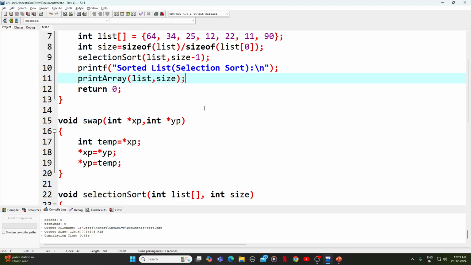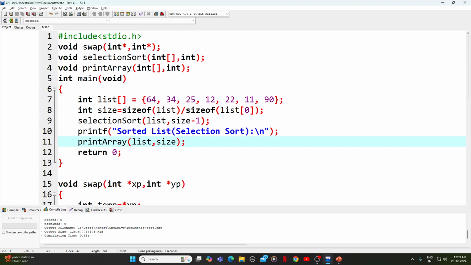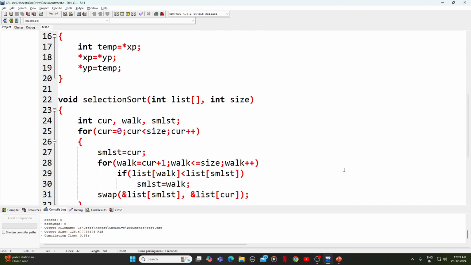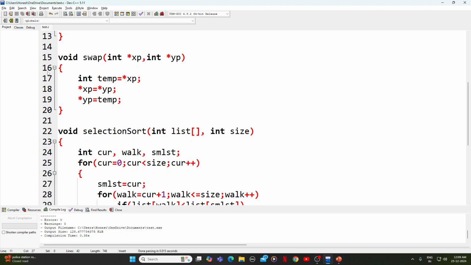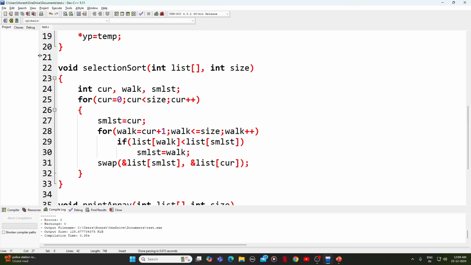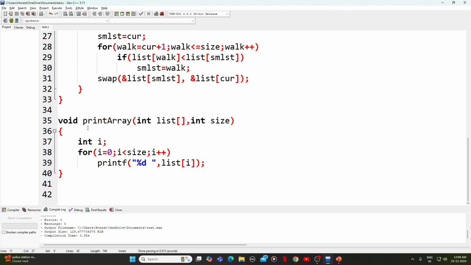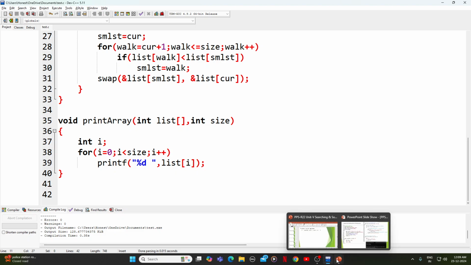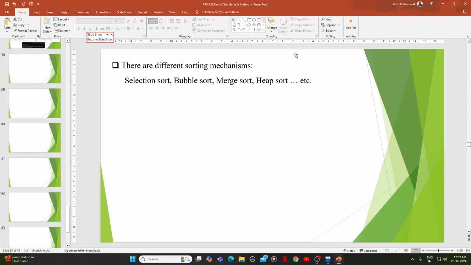Whole code I am keeping: this is the main function for selection sort, this is the swap function for selection sort, this is the selection sort function, and lastly, the print array function for selection sort. Hopefully it is clear for you. Then we'll see the last technique,